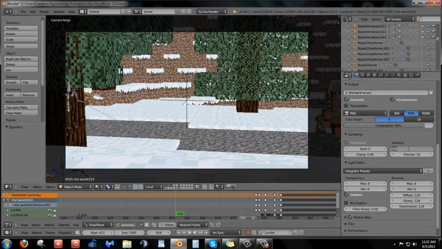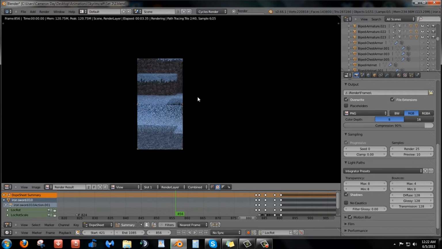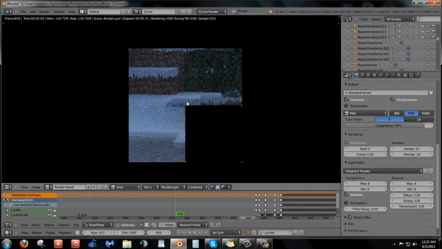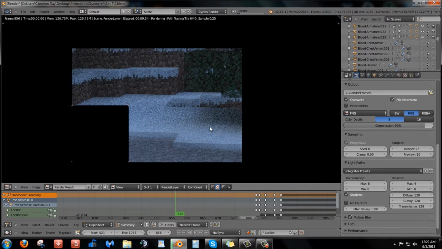I'm just gonna lower it to about 25, I guess. Samples reduces the noise, and you're about to see what noise is in a second. Noise is just the little black dots and stuff on the screen, but as you can see, it looks sort of distorted and weird.